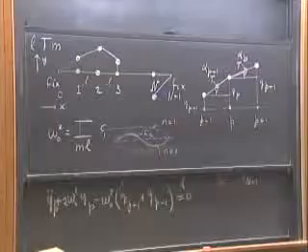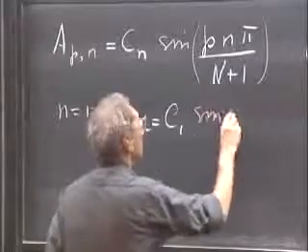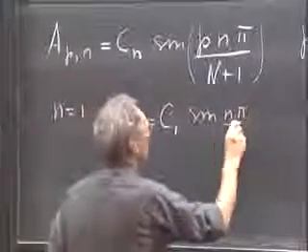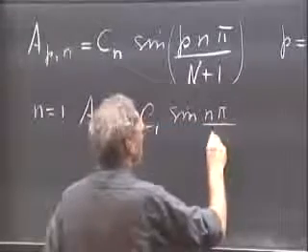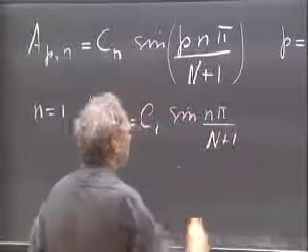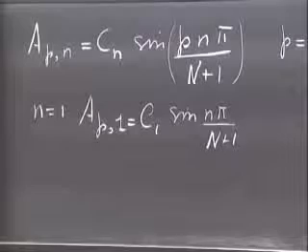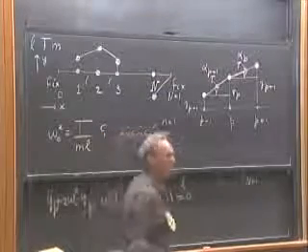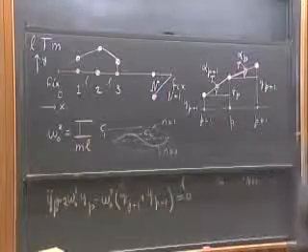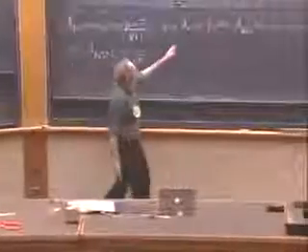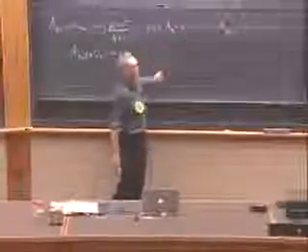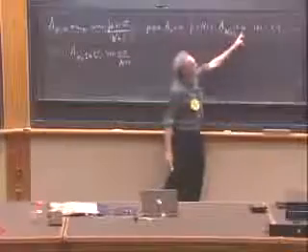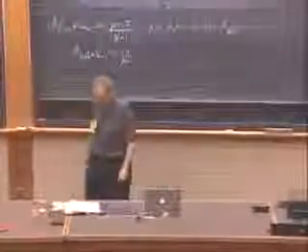And then you would have the sine of p pi divided by n plus 1. And you can indeed convince yourself that that is exactly this sinusoid with an amplitude C1. And you can also convince yourself that particle 0, A is 0, and particle n plus 1 is again 0, of course. And if you take n equals 2,